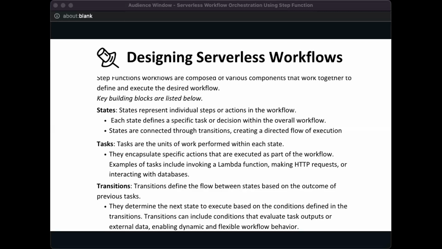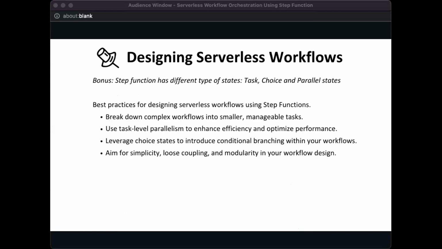So, designing serverless workflows. Okay, I have a bonus for you here. Step functions have different states, right? It has the task, the choice, and parallel states, and we are going to see that in coming slides. Okay, so designing serverless workflows requires that you are equipped with some best practices, and these best